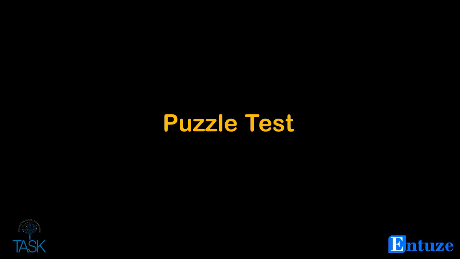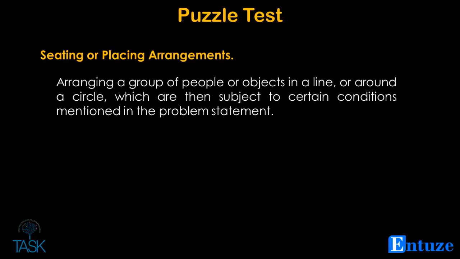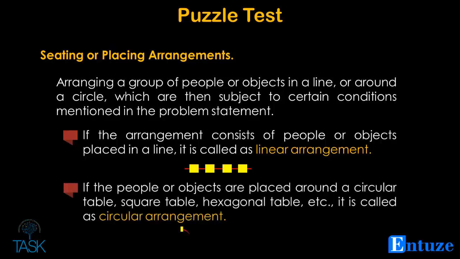Now, let us see another type of puzzle question which involves seating or placing arrangements. The problems on seating arrangements deal with arranging a group of people or objects in a line or around a circle, which are then subject to certain conditions mentioned in the problem statement. If the arrangement consists of people or objects placed in a line, it is called a linear arrangement. If the people or objects are placed around a circular table, square table, hexagonal table, etc., it is called a